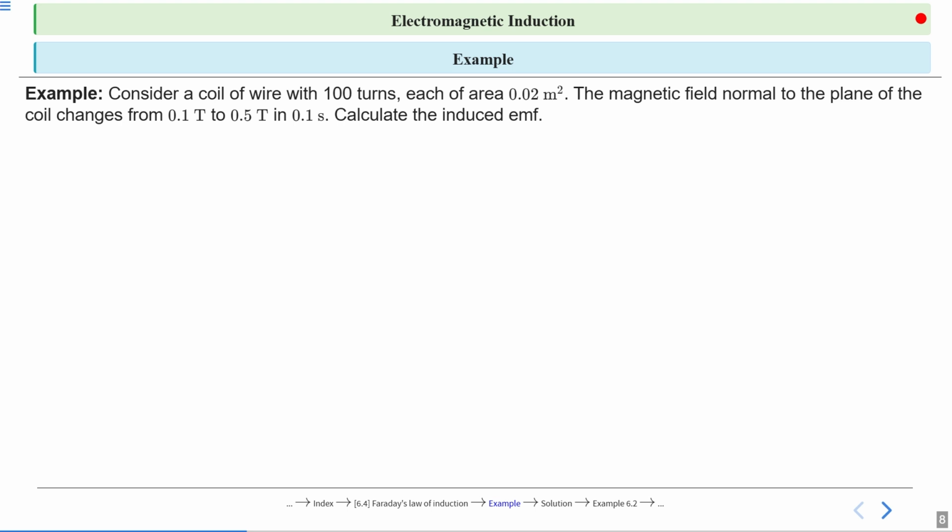So when we calculate the change in flux, area is constant, orientation is also constant. What is changing? Magnetic field. So we are changing the magnetic flux by changing the magnetic field. The first method is being used. In time 0.1 second, so dt is 0.1 second, and d phi is d of B A cos theta. Cos theta is constant, also A is constant, so it comes out of the derivative, and inside we are left with dB. So magnetic field dB by dt. Okay, so calculate the induced EMF.